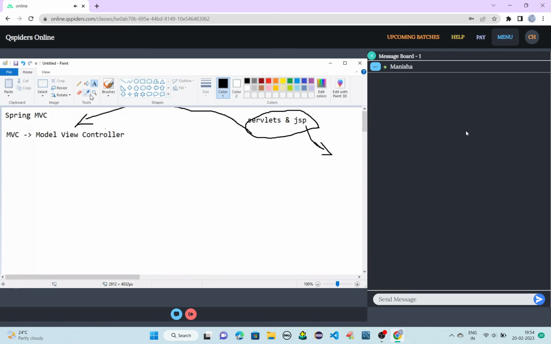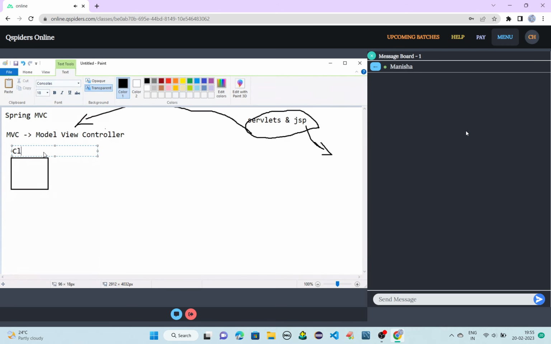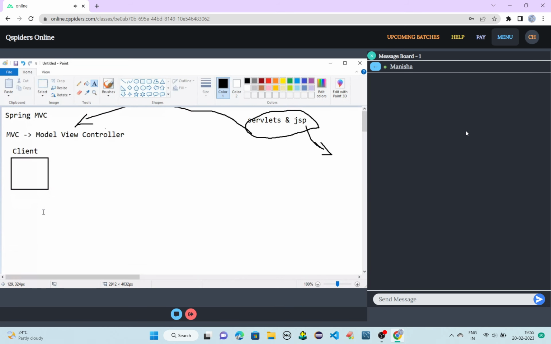Understand the flow. Just assume a real application. Here we have our client. Client means who is using the application.